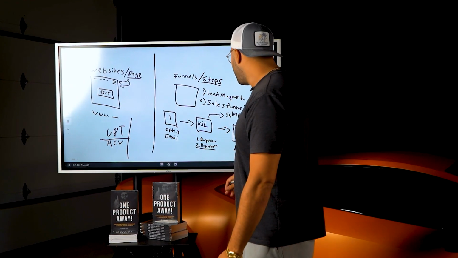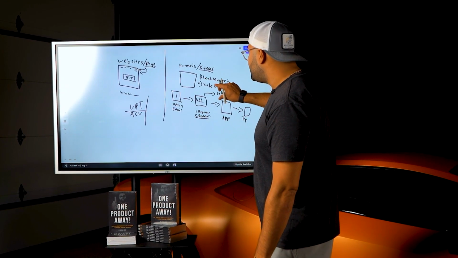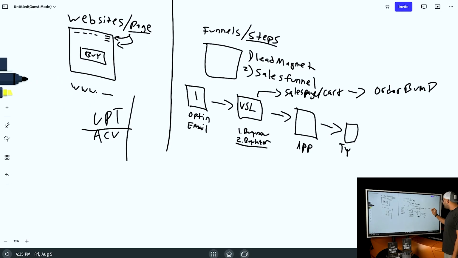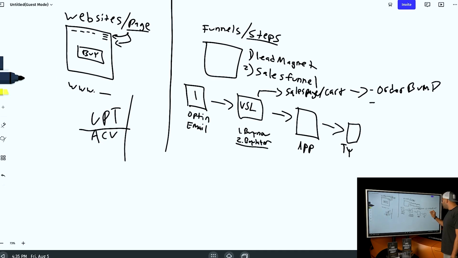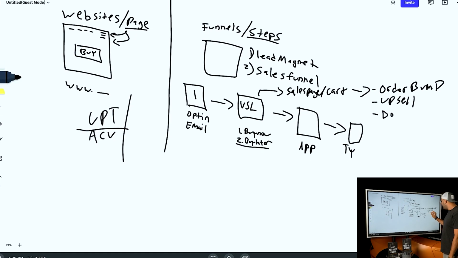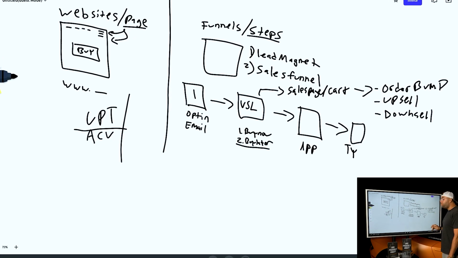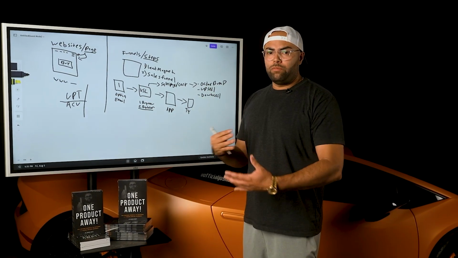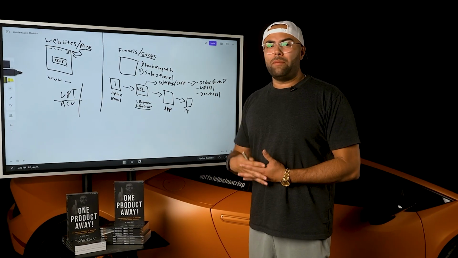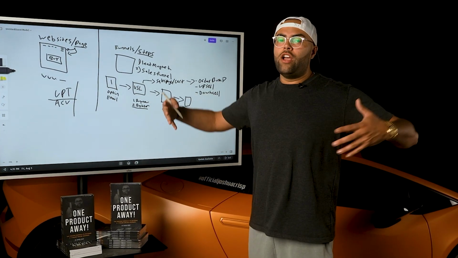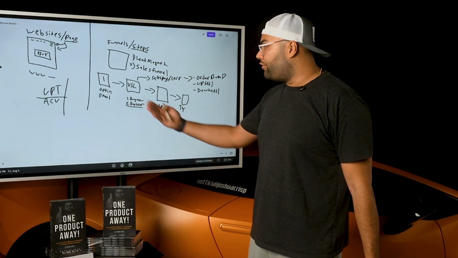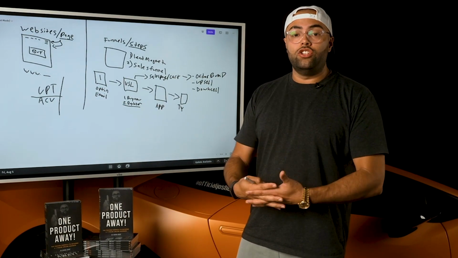Now, there's a few different things that you could do once you're at this stage, right? Once you're at the sales cart, you could do what's called an order bump, and I'm going to put these in order. And then you could do an upsell, and then you could put a downsell. Now, I'll explain these in a second, but these were very difficult to do on websites. Some Shopify platforms and other platforms ended up having plugins, but then you have to pay monthly to have all these plugins. You have to manage multiple things. You have to have a tech person, and it's just a disaster. With funnels, it's a lot easier to integrate and do in one place.